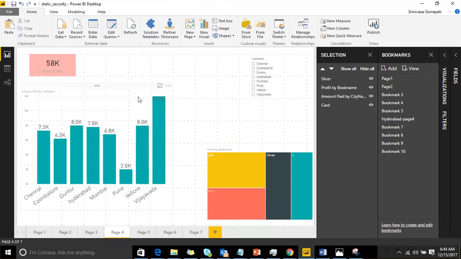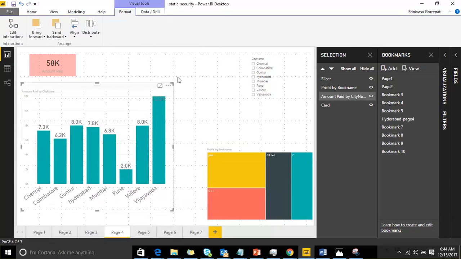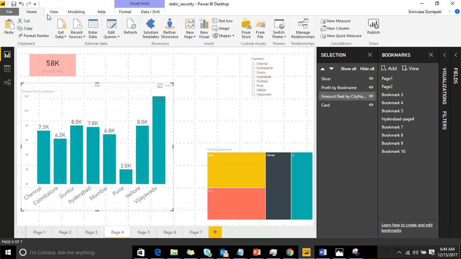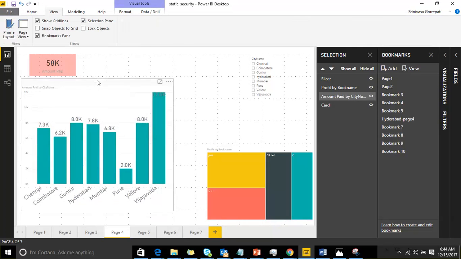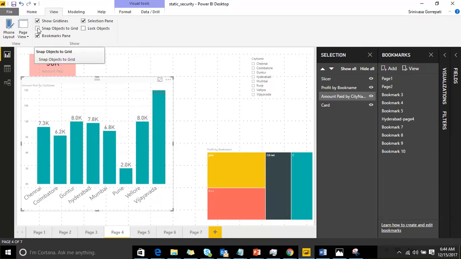Okay, you can enable a border for it, and you can align based on the lines that we have. Now I don't have any specific features with respect to these grid lines. Show grid lines is nothing but it is going to showcase the grid lines. With the help of those grid lines, you can align your visualization. And snap objects to grid, we don't have any functionality for now. These two things you can expect some functionality at a later time.